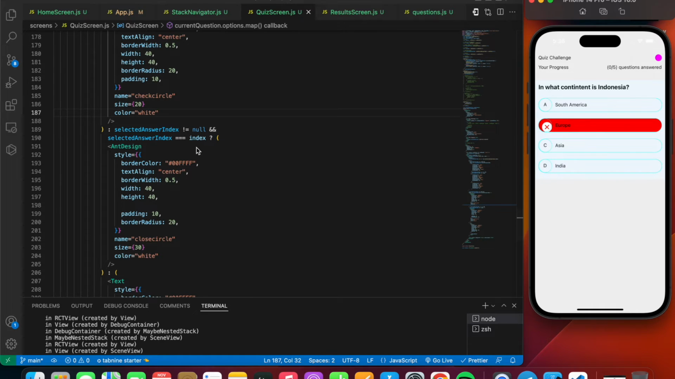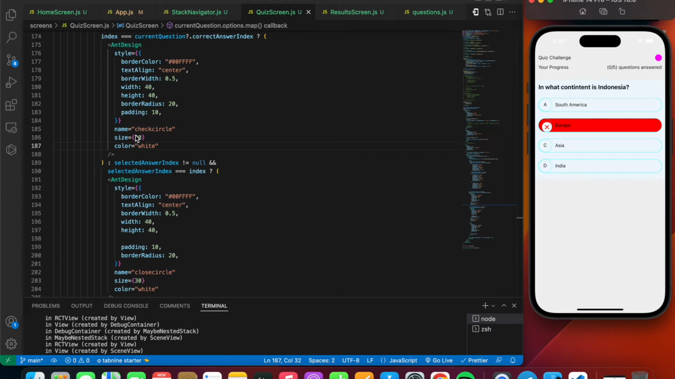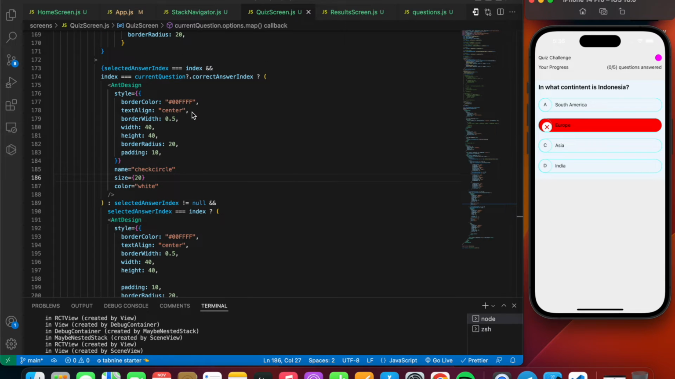Okay, this is erroring out. Let's give 30 for this. Okay, it's not looking that good. 20. Yeah, but still there is some difference. Okay,